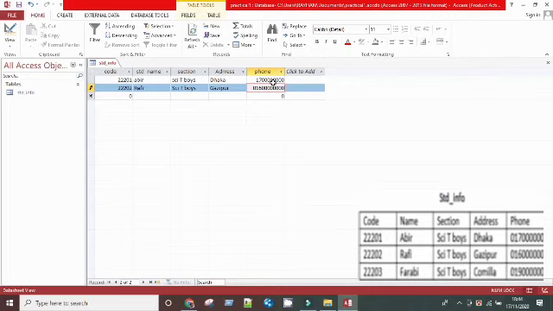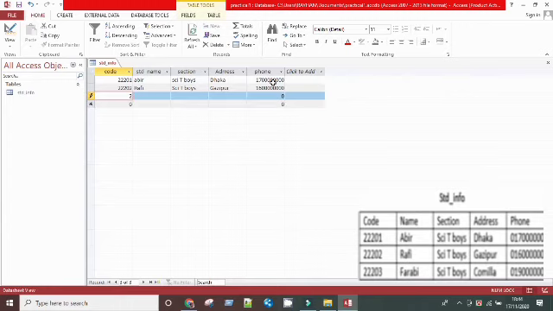Lastly I insert the third record. Third code number is 2203, and student name is Farabi, Science T Boys.